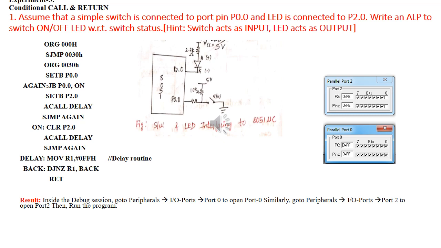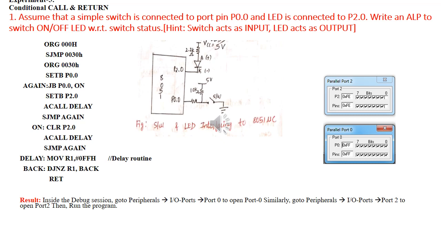So this is a delay program. In the delay program, you are going to consider only one register that will generate the delay in terms of microseconds. You have taken the immediate data FF to the register R1. You go on decrementing that value. It will remain in this loop until the value in register R1 becomes 0. Once it becomes 0, you are going to return to the main program. Then you are going to repeat this process, SJMP to a label again.